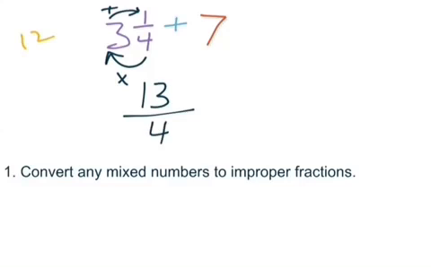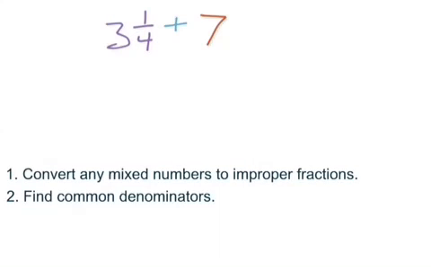And I keep the same denominator that I had, which is a 4, and it turns into 13/4 plus. And then I have a 7 here, and I can go ahead and turn that into 7 over 1, because that's what that whole number is right there. So I've now converted my mixed number to an improper fraction, which is 13/4, and then taken my whole number and turned that into a fraction. So 13/4 plus 7 over 1, and I'll rewrite it right over here, 13/4 plus 7 over 1